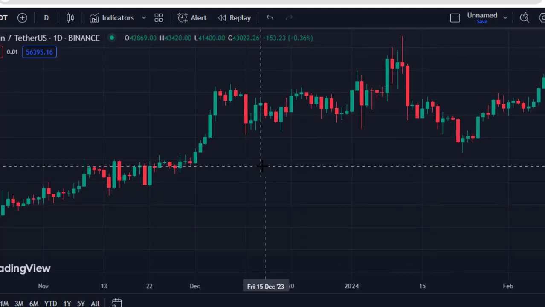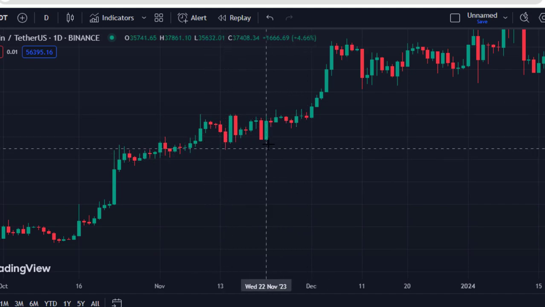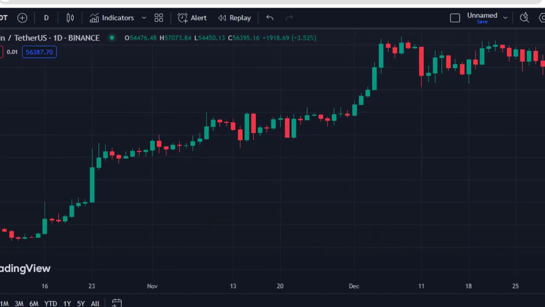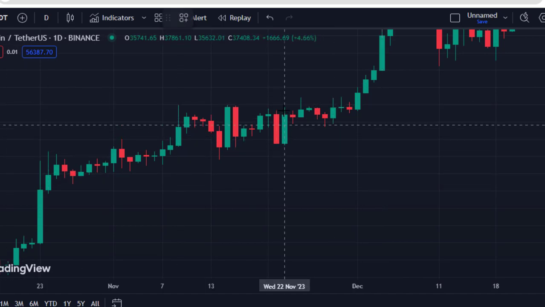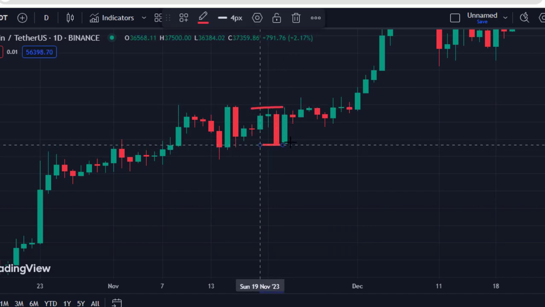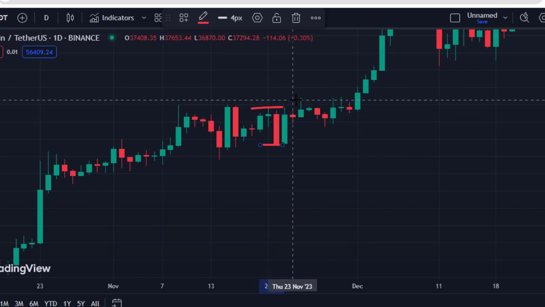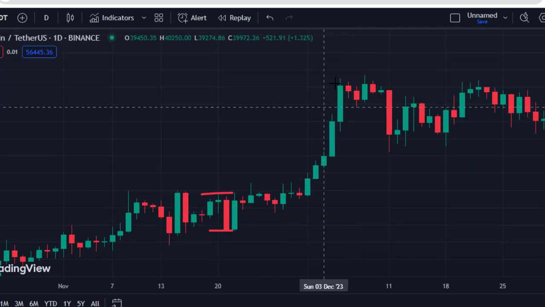it is evident that from this area of support, the market moved to the upside after the formation of this bullish engulfing candle. We see that this candle right here completely engulfs this other bearish candle. It completely engulfs everything about the previous bearish candle. So this is a bullish engulfing pattern, and after this formation, the market begins to move straight to the upside